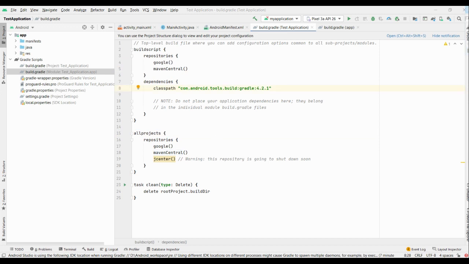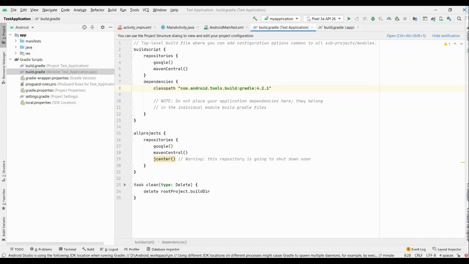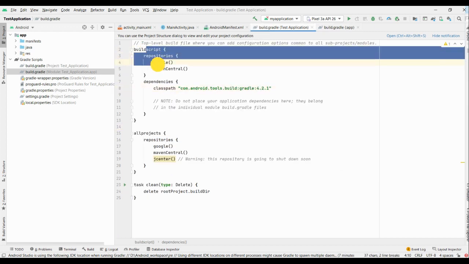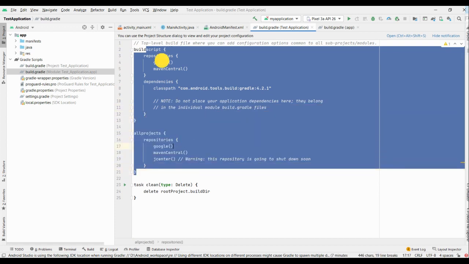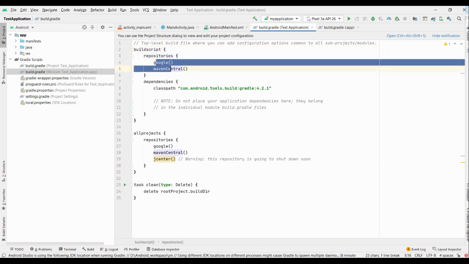In this project level build.gradle script, we write only common script which belongs to all other modules. But in the module level build.gradle script, we write only what is specific to a particular module. Now if you come to the global or project level build script, we see a buildscript, and under that we have specified the repositories from where we need to download the dependencies.